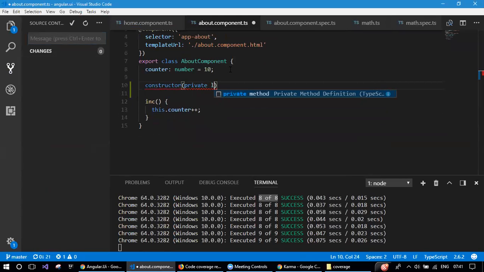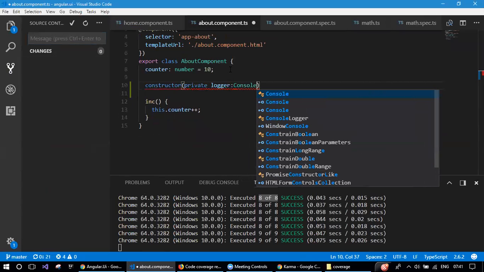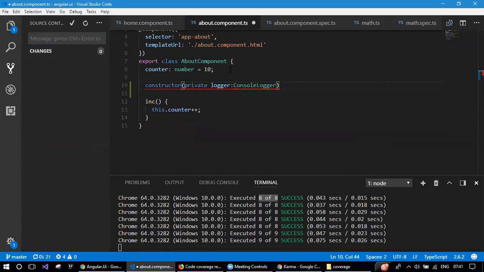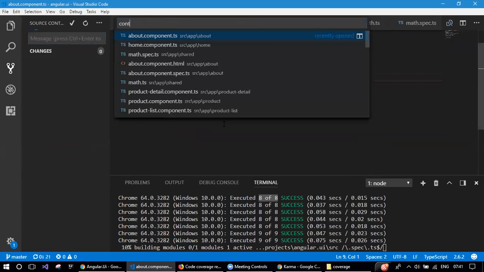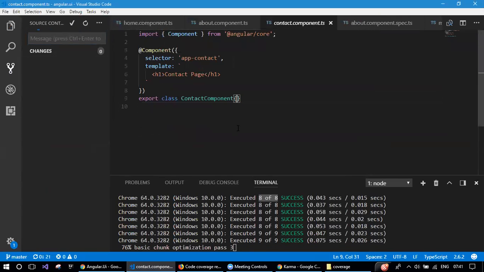So this component is not self-sufficient. Rather, it needs a console logger. So I'm adding one dependency. Or just don't ruin this, let it be there. Go to contact component and try to modify that component. Assume that this contact component has a dependency now, console logger,